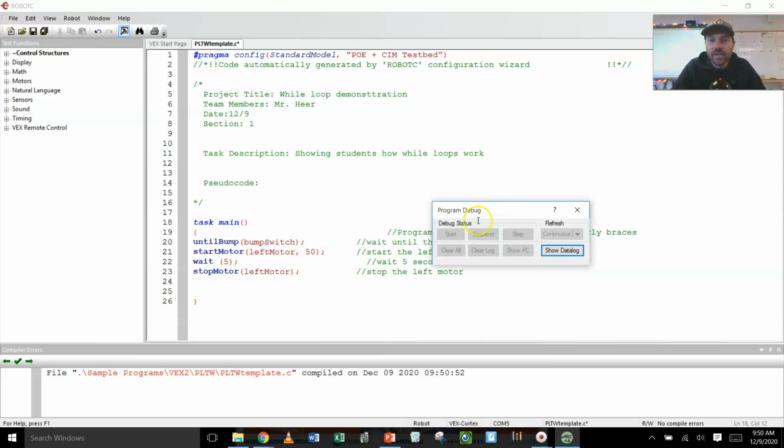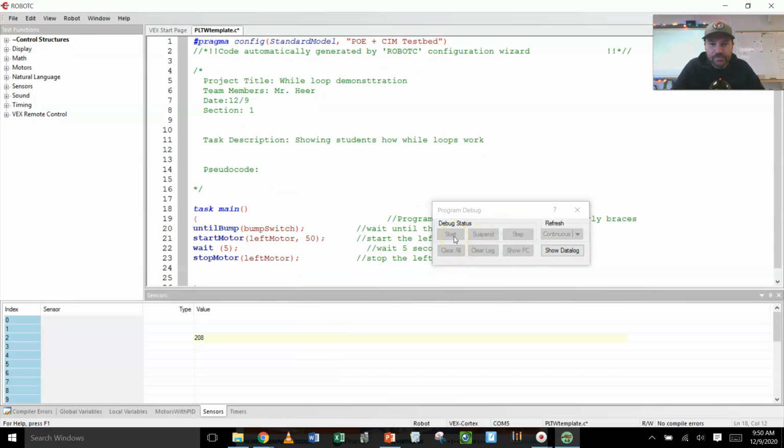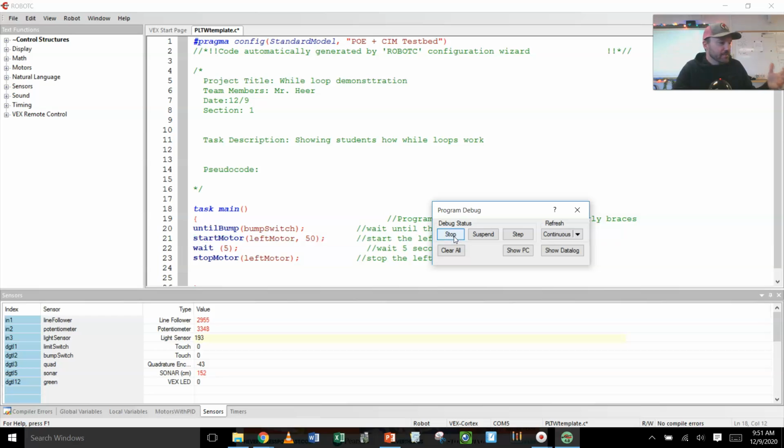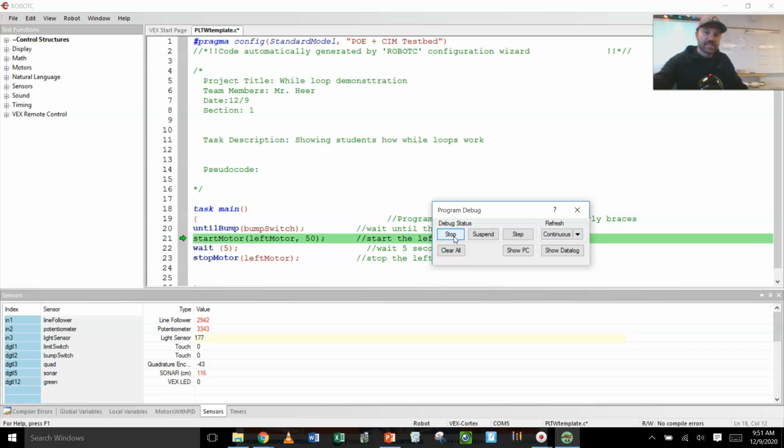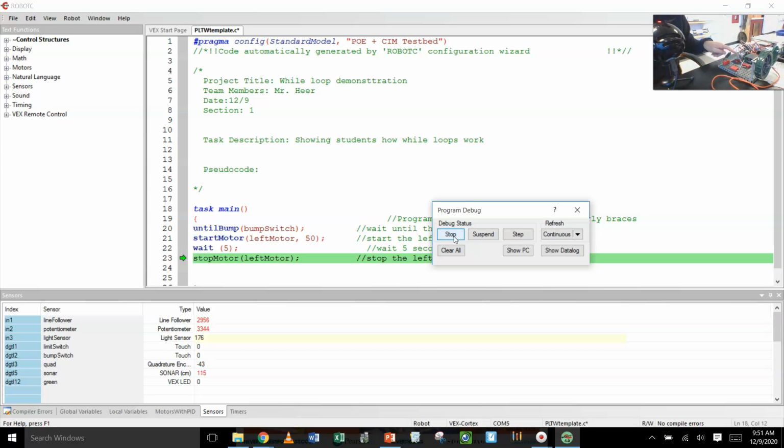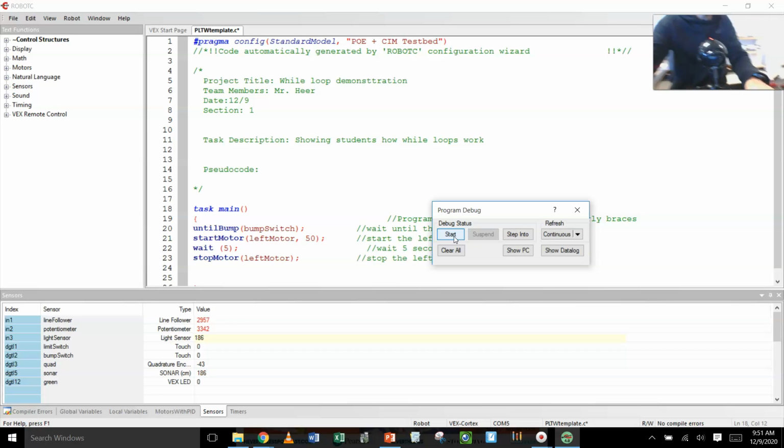That was the bug. So now when I start this program, it's going to sit here waiting, and then when I push my button, the motor spins for 5 seconds, and then the motor stops. How could I build a program that every time I push a button, it only runs while